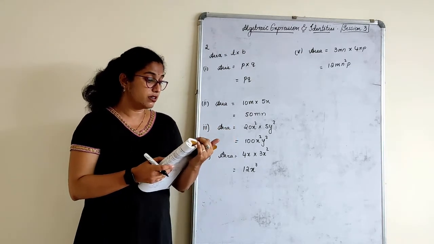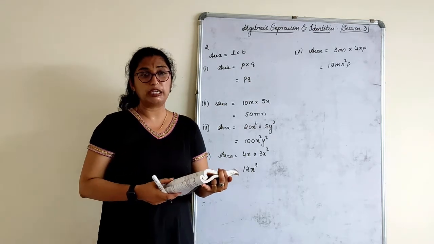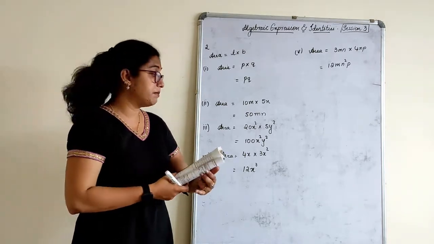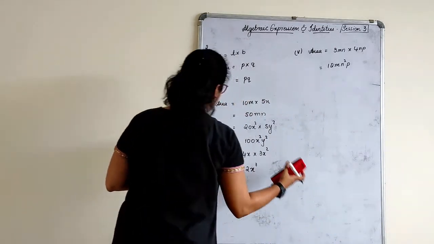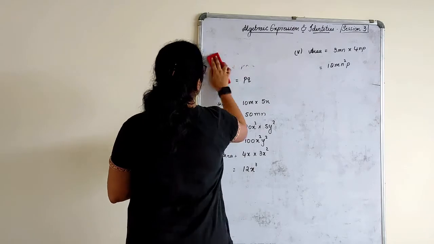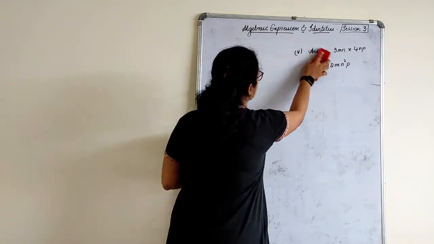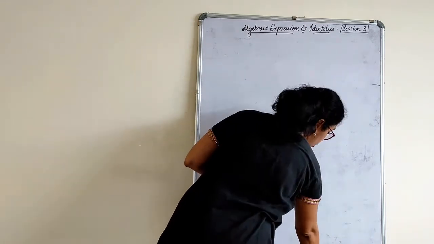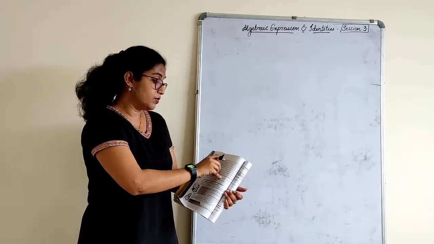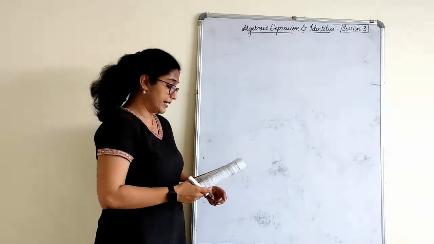So I will mark the tabular column for homework. Same, you will draw the tabular column and do it. It will give you very good practice of multiplication of monomial by monomial with sign and with the powers. We'll quickly start with the next one. I hope you have understood what you have to do. You have to just multiply them whatever is given: first one with first, first one with second, first one with third, first one with fourth, again second one with first, and so on.